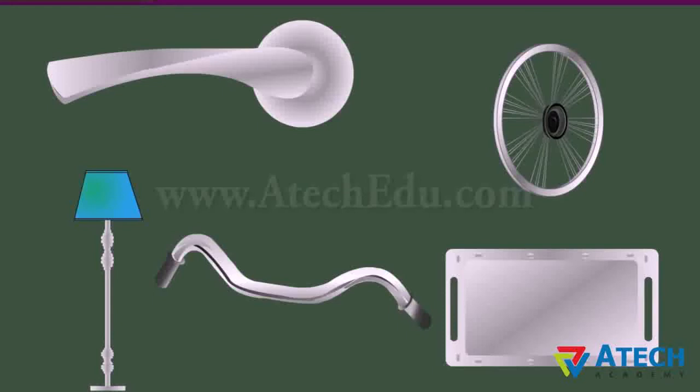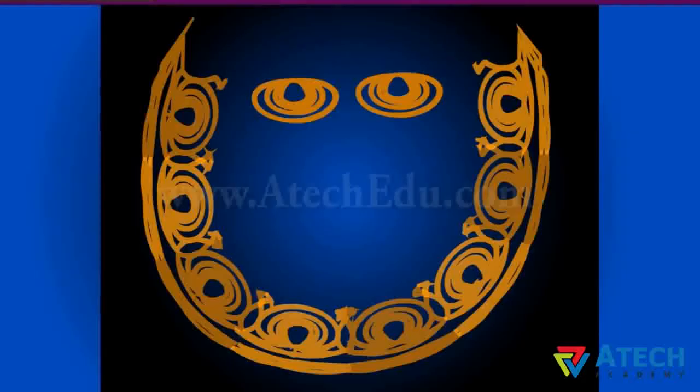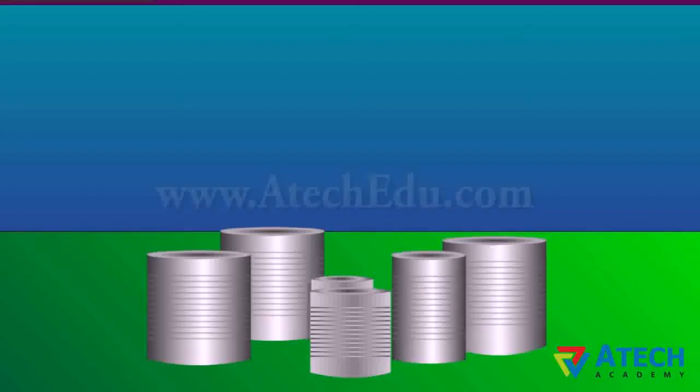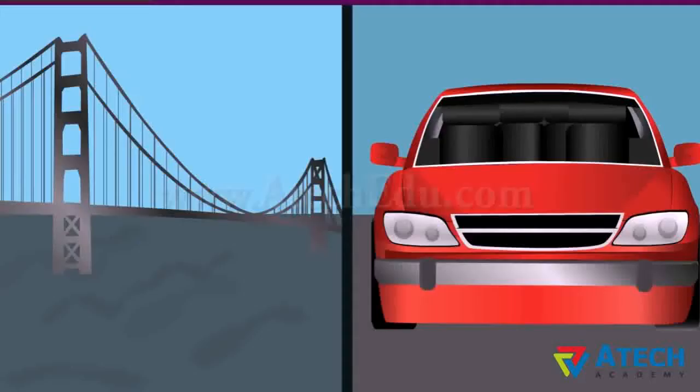Chromium plating is done on many objects because of its shiny appearance and resistance to corrosion and scratches. Also, electroplating of gold and silver is done on cheap metals to make less expensive ornaments. Tin cans used for storing food are made by electroplating tin onto iron. Tin is less reactive than iron. Thus, food does not come into contact with iron and is protected from getting spoilt. Iron used in bridges and automobiles is coated with zinc to protect from corrosion and formation of rust.